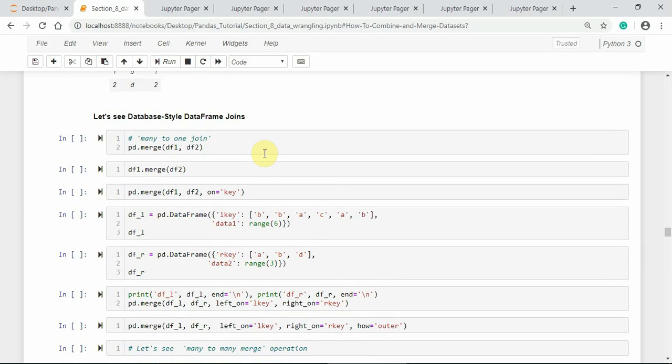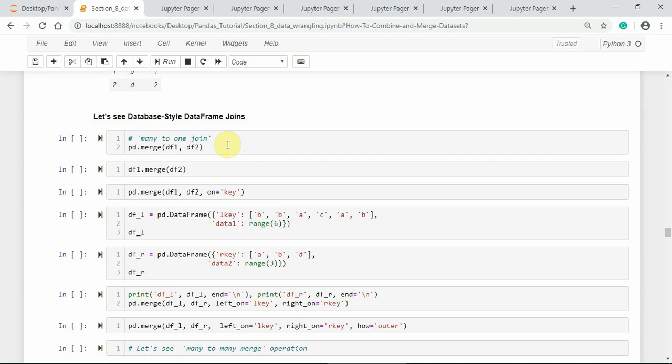The Pandas merge method offers different styles to join the data frame objects as per the docstring. Here I would like to use database style first. This is referred to as many to one join.